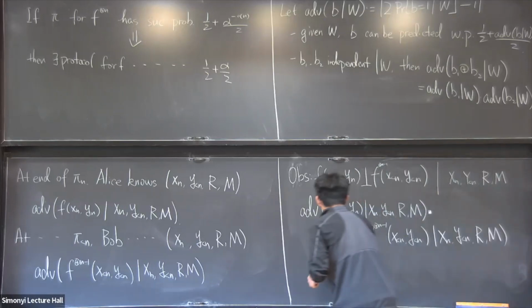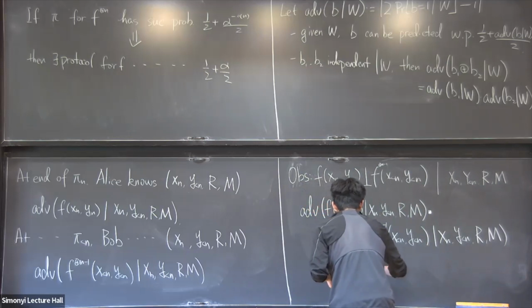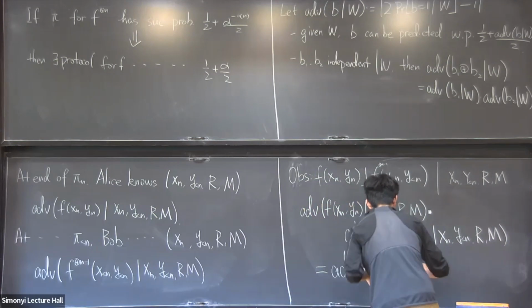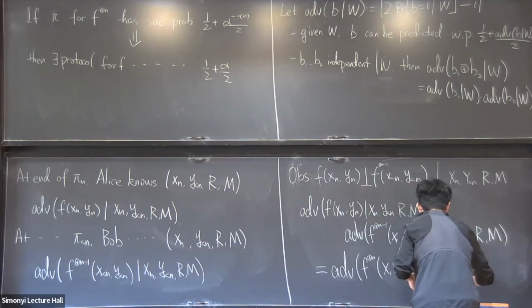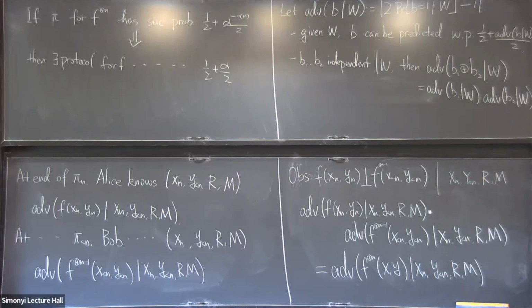So this is equal to the advantage of f to the n applied on the entire vector given the same thing. So this is an equality that has a good form, has a good direction. Basically, it relates the advantage of these two smaller protocols to the advantage of the big protocol pi. And it has the form that the product of these two things is equal to the last thing,